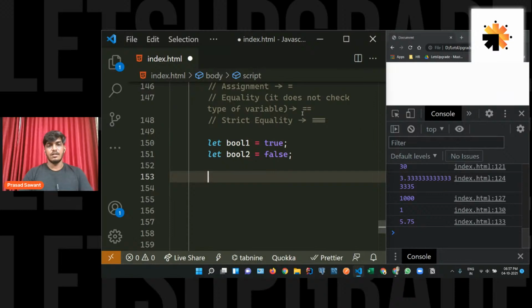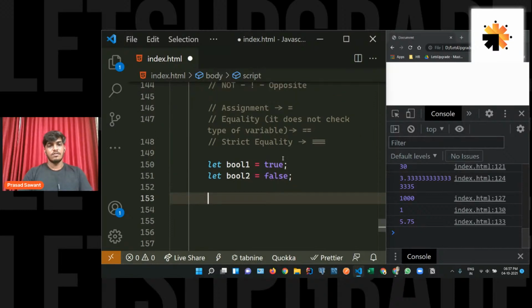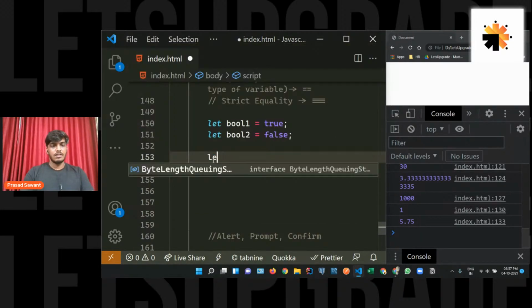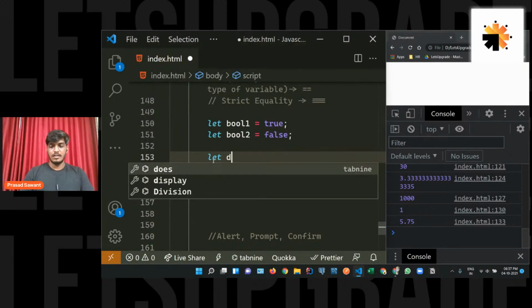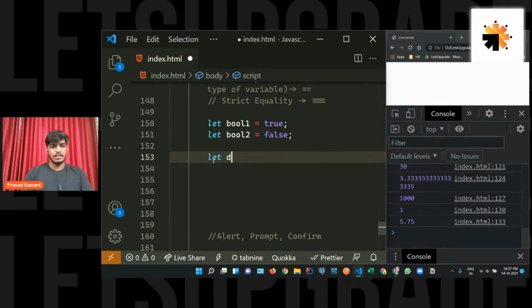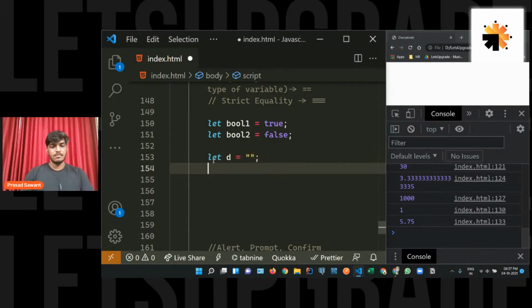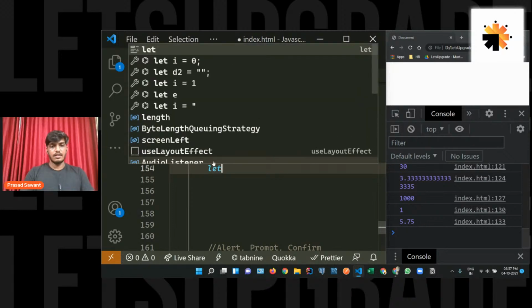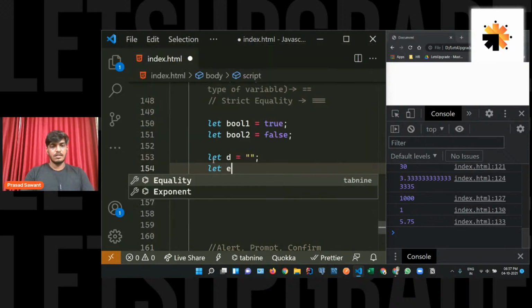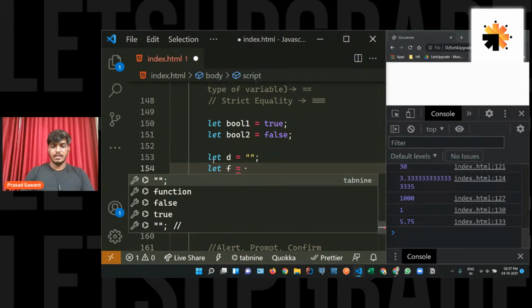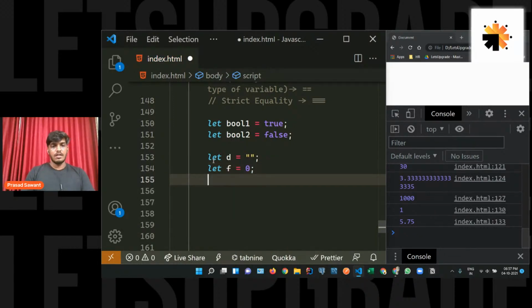Let's go backwards. For that, let's do, again, we have d1 equal to... let's take d is equal to some blank string. Let's take e we have used, f is equal to, let's take it as 0. Okay, so if I do,